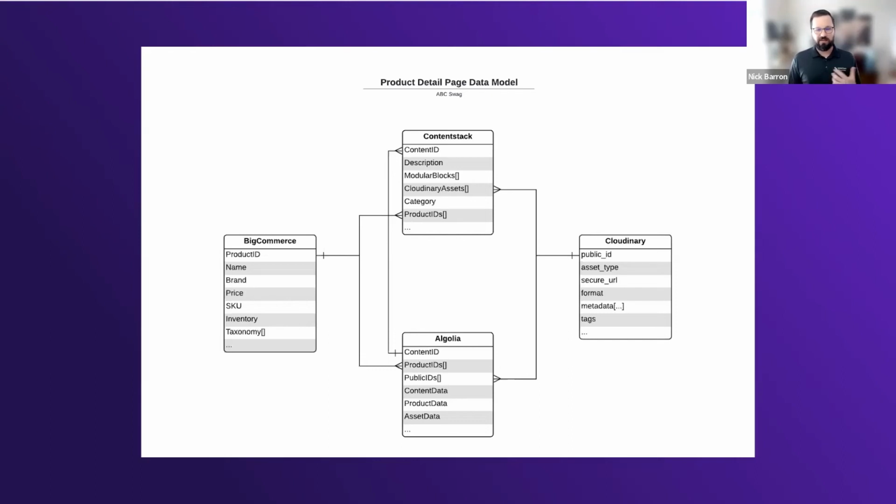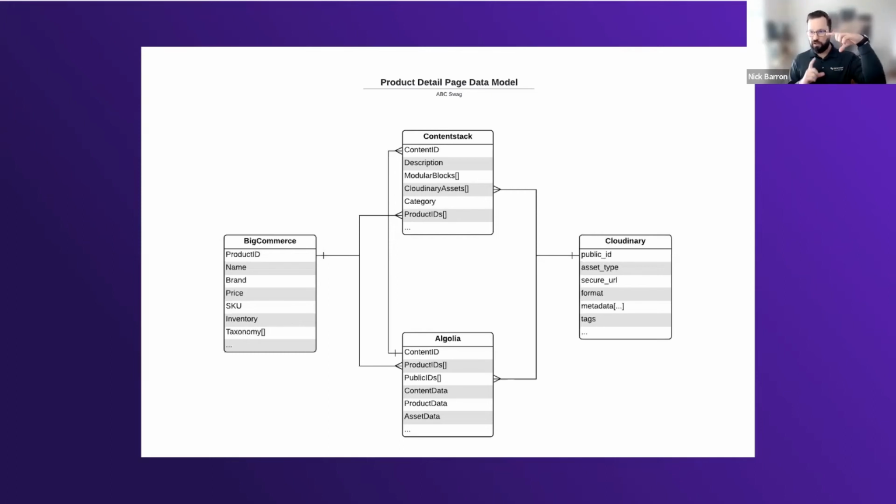So using that as an idea, if we are mapping everything instead of storing everything, it becomes really easy. We can see on this diagram that the product IDs for the products that we want get embedded within the content item. Let's think about this as an example of a product detail page. I might have the product IDs and the asset IDs for the product images stored within Contentstack.